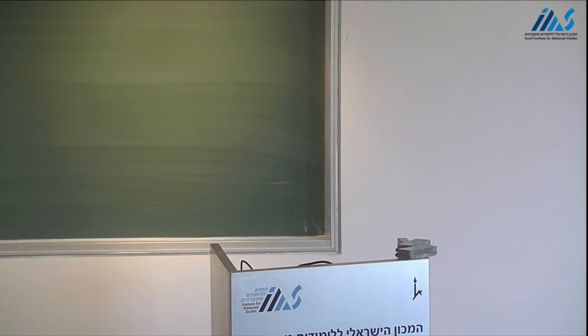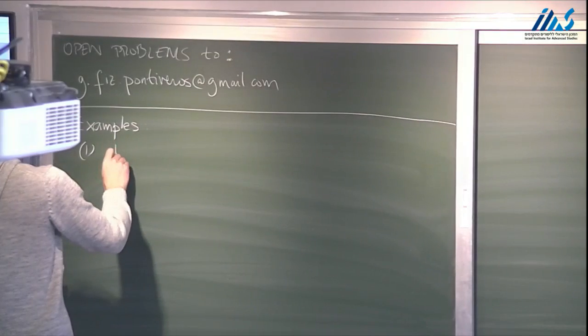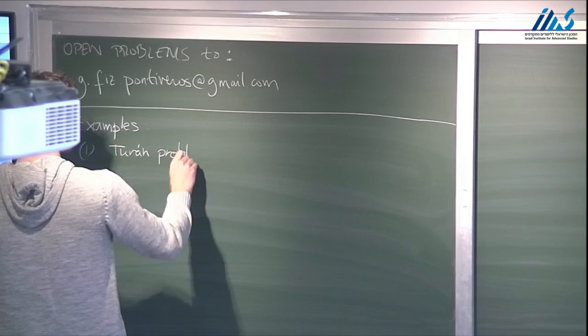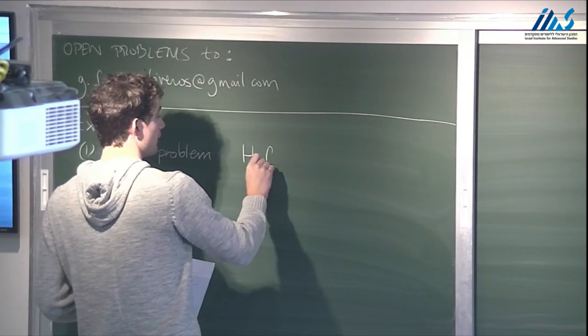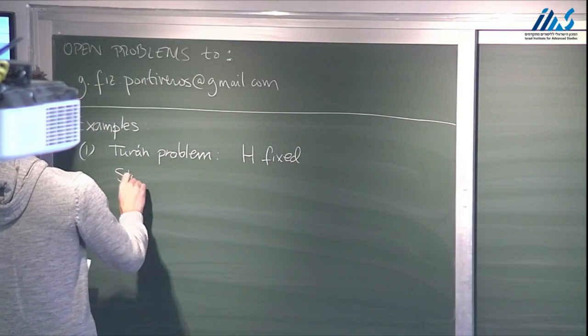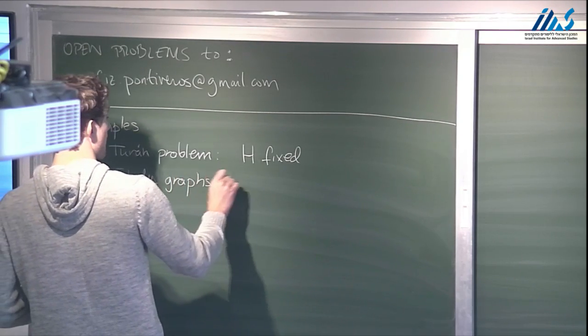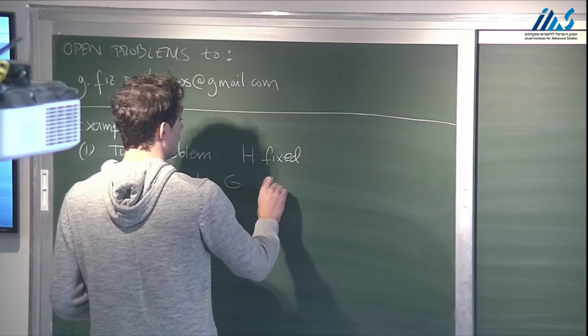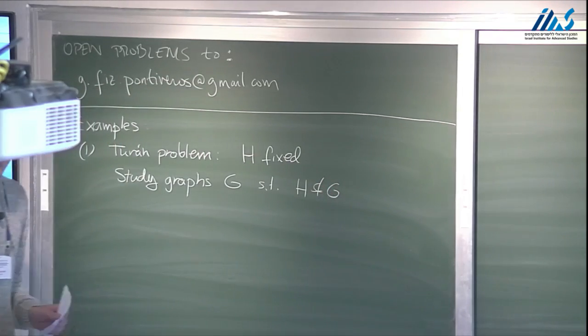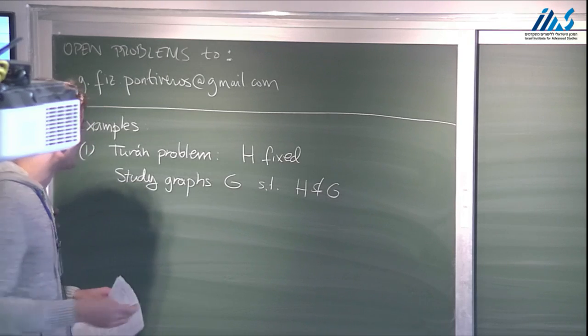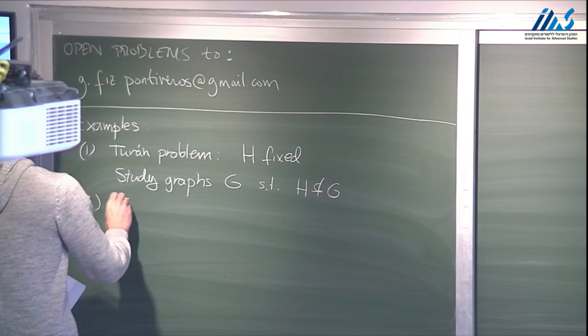The motivation will be characterizing discrete structures that satisfy certain constraints, and in particular, structures that satisfy certain sort of local constraints, and this will be clear from the few examples I will give. The examples that my lecture will focus on, there are two of them. So two examples to keep in mind. The first is the Turan problem, where we are given a fixed graph H, and we study graphs G, where we think that H is a small graph and G is a large graph, such that H is not a subgraph of G. And maybe one good example to keep in mind, we'll try to say something about triangle-free graphs. And then the second problem is the so-called Erdős-Turan problem,